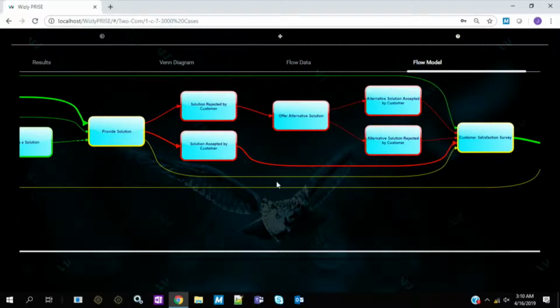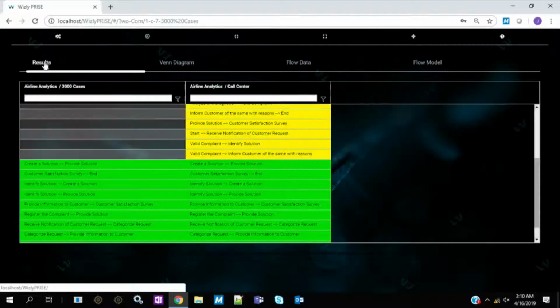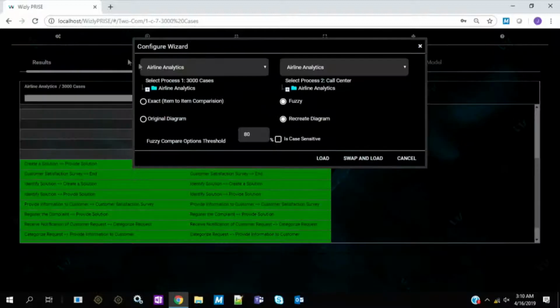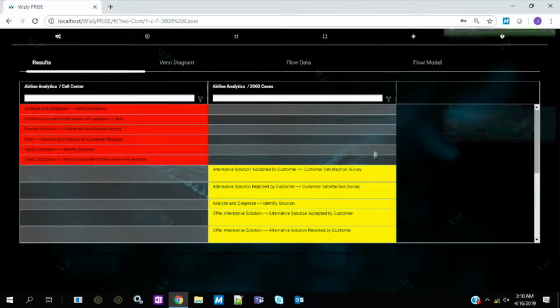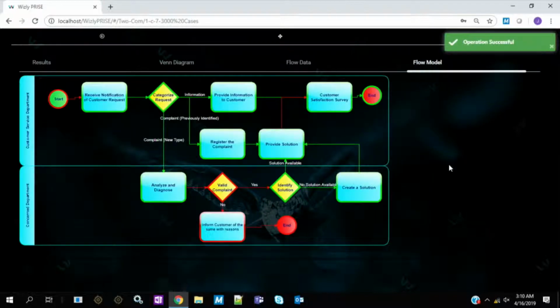That was not there in the design. So why are they doing this? Should it be there? Shouldn't it be there? People always like to look at this against the original diagram. So what we can do is we can swap and load this, and then we can see the actual comparison